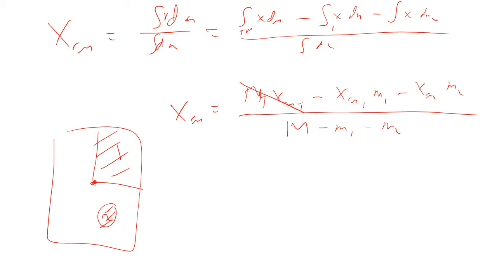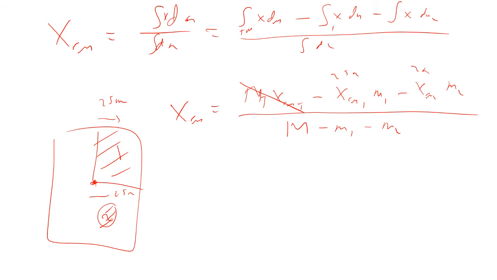So what about object 1? Well, where's the x position of that? Well, that's going to be over 25 centimeters. What about object 2? Well, that's also over 25 centimeters. So that means that this is 25 centimeters, that's 25 centimeters. So all I need to do now is find the mass of piece 1 and the mass of